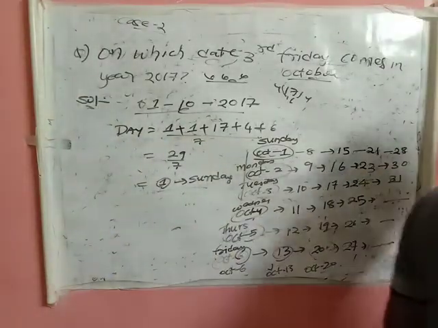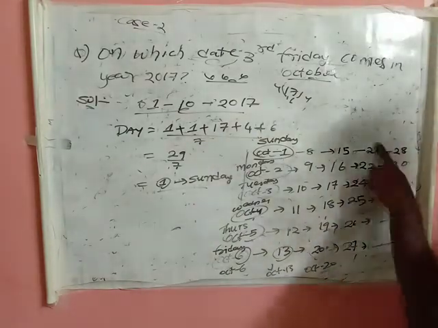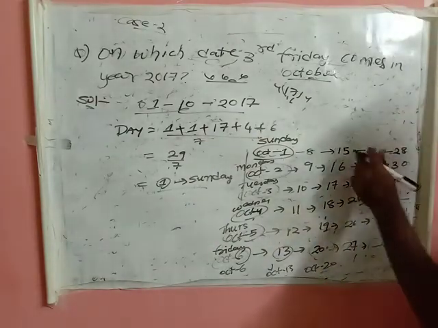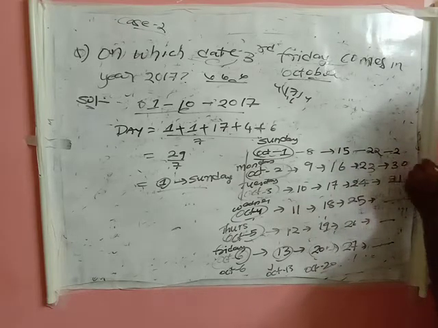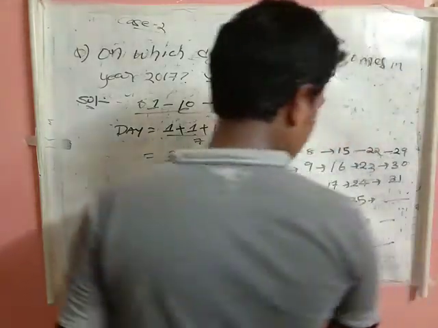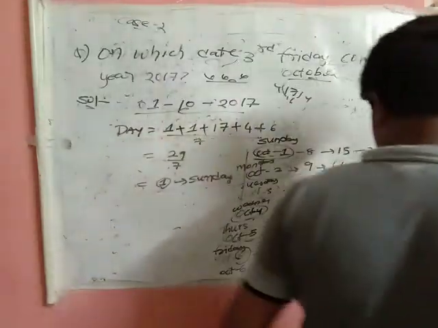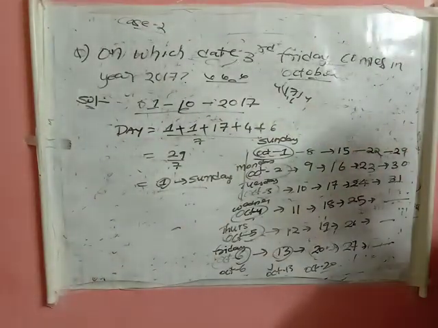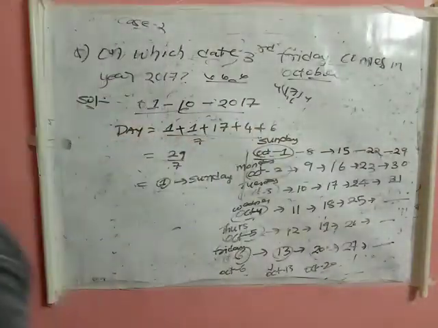But in order to do all these things, what I'll be doing now: 15 plus 7 is 22. 22 plus 7 is 29. So this is the mistake I made, but not a problem. Check whether we got all these things or not, whether we were able to get all of this correct or not. You just try to check whether we got all the dates or not.